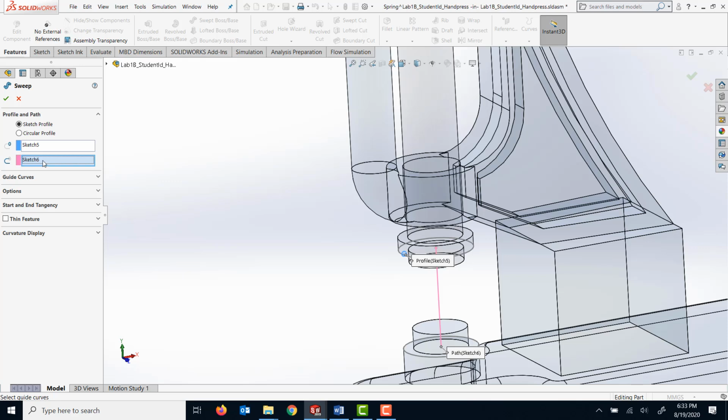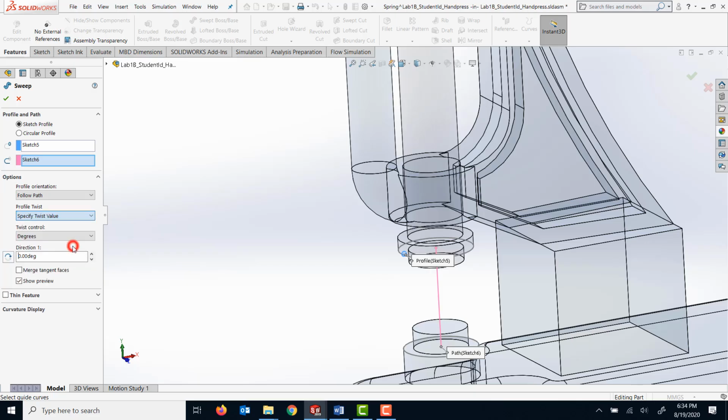For the sketch, select this path, and for the options, expand the options. Under here, specify follow path, and profile twist. Specify the twist value,